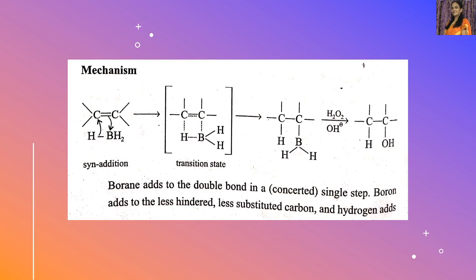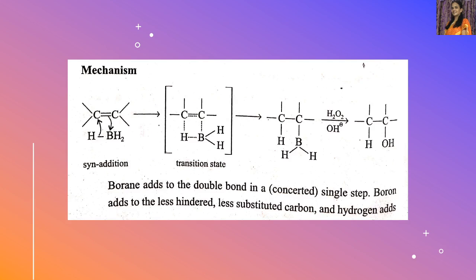Concerted in a single step. Concerted manner, single step. In one step the reaction takes place, and boron adds to the less hindered or less substituted carbon. Boron, that is the BH2 group, goes to the carbon with the smaller number of substituents, that is, the carbon with more hydrogens. Less substituted carbon means the carbon which contains fewer substituents,